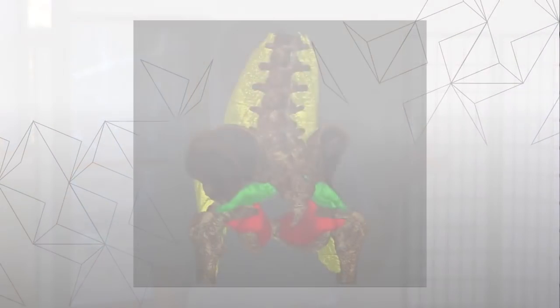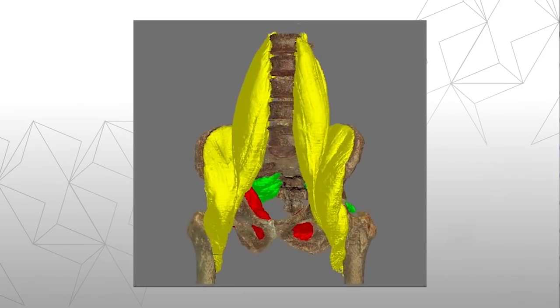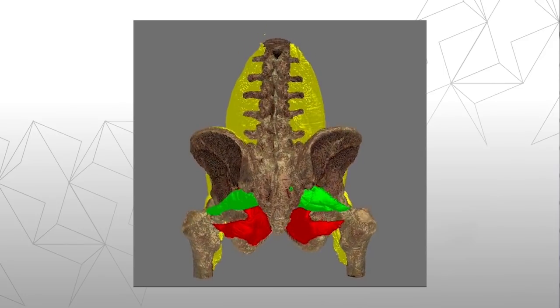Now, I'm not saying you can't learn things from individual muscle theory. Here you're seeing 4 individual muscles, the psoas, the iliacus, the obturator internus, and the piriformis, and understanding those 4 individual muscles can really help you understand the motion of the sacroiliac joint and what's happening in gait. I'm not saying you can't learn anything from studying the single muscles. I'm saying you can learn something additional from studying the anatomy trains, and people have been doing research on this,